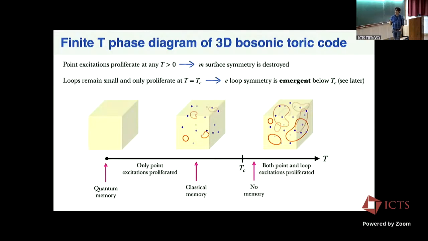But if you look at what happens below the critical point, there is a non-trivial phase there, but it's a fully classical phase. There is nothing quantum about it. This has to do with the fact that the point-like excitations have proliferated. One way of saying that this is not quantum is that if you try to do the memory experiment I described, you only get a classical memory. You have a preferred basis, but if you try to take a superposition of basis states in the ground states, the relative phase is not preserved. You can also see that you don't have the long-range entanglement that I talked about.